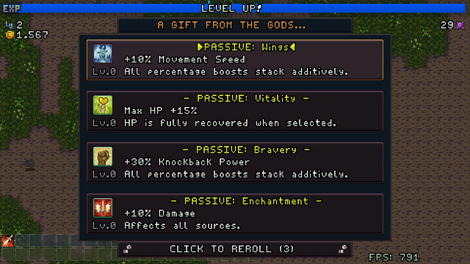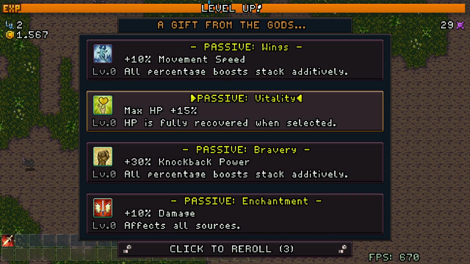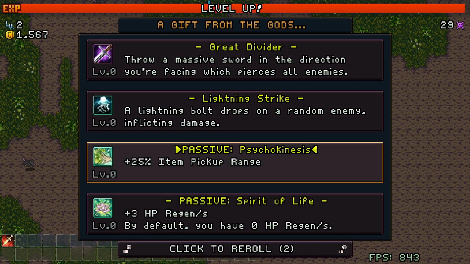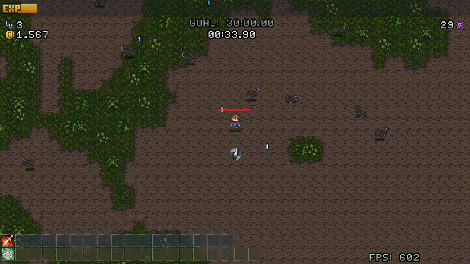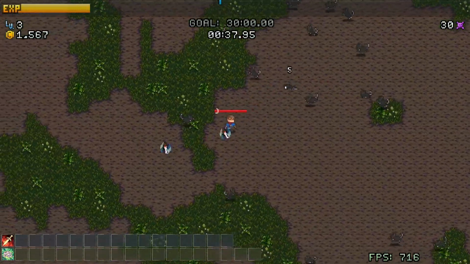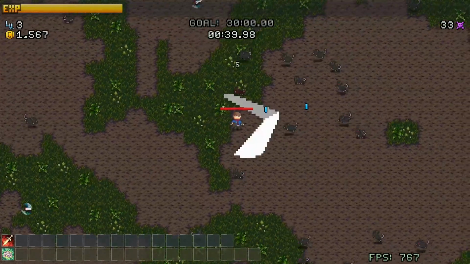That was quite nice as well. Right, wings, movement speed, not too bothered about them. I'll reroll there. Psychokinesis you should pick up, which is quite nice. I will take some regen. Early regen is very, very good, because you probably will take damage fairly quickly. Alright,